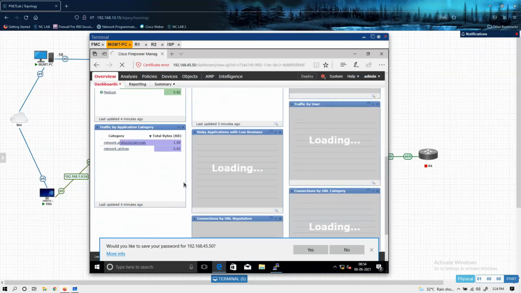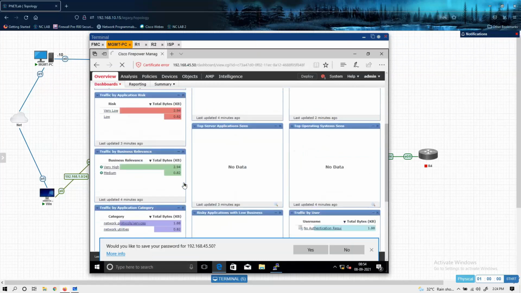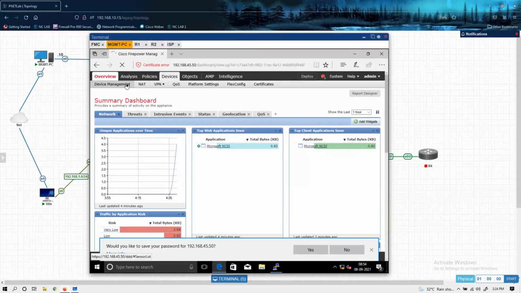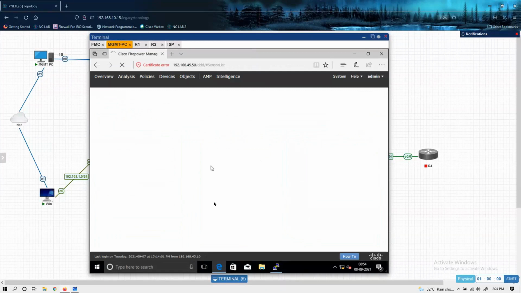This is the GUI. So let's go to devices, device management. Here you will find one FTD will show as registered FTD and we will delete that device from here.